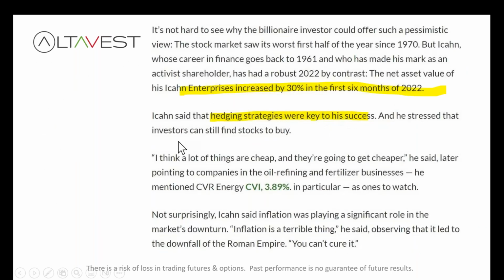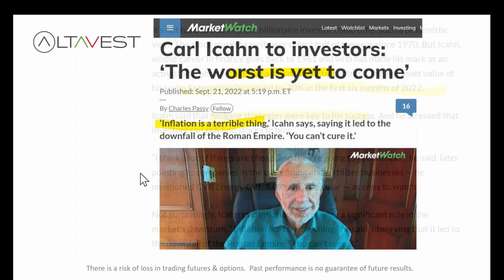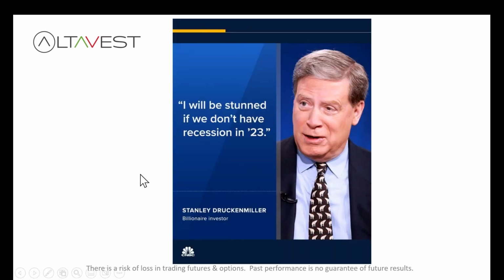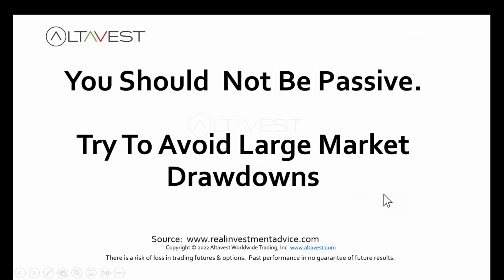Carl Icahn, he is one guy to pay attention to. This is earlier last year. It said the worst is yet to come, and he's been right so far. And he said that hedging strategies were the key to his success. He was up by 30% through the first 6 months of 2022. So Stanley Druckenmiller, if you don't know who that is, you should. He says we'll be in a deeper recession here in 2023. You'd be stunned if you don't have a recession in 2023. And I'll show you one last thing about him in a second, but